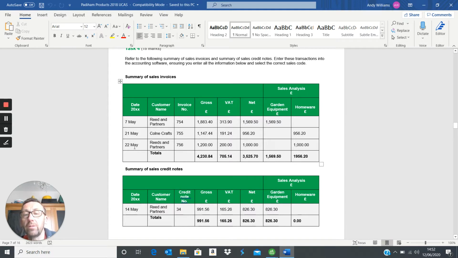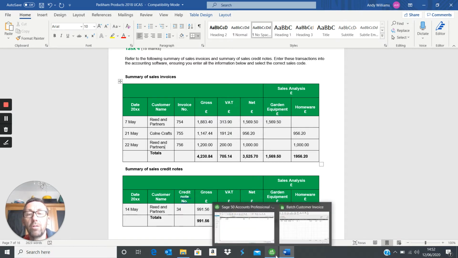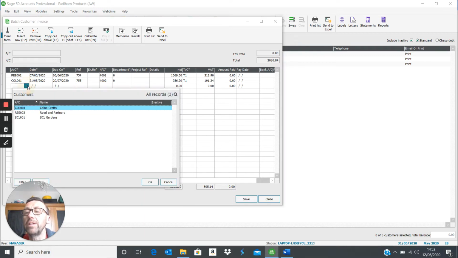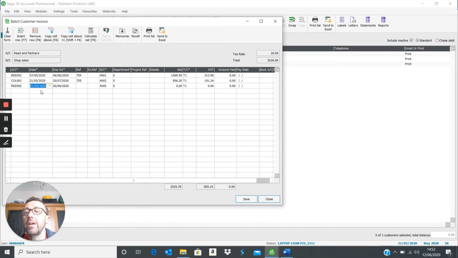Next date and the final invoice to be posted, 22nd of May. Once again, to Reed and Partners. That's a slight error there. I should just say Reed and Partners. Change that. It will say that by the time you get this version. So it's the 22nd of May. Reed and Partners again. Click on it, click OK. And 22nd of May. And the invoice number should be